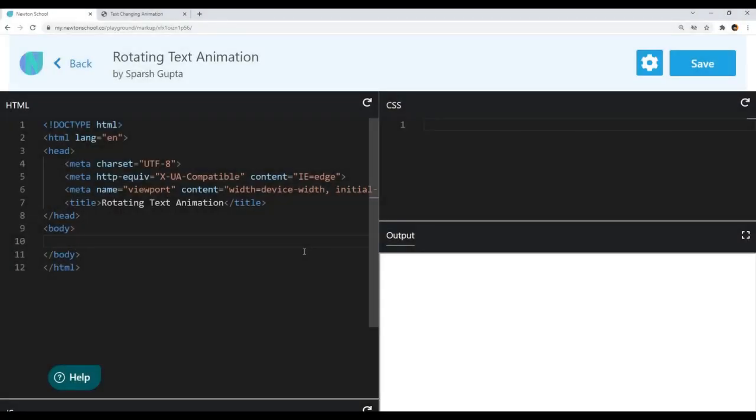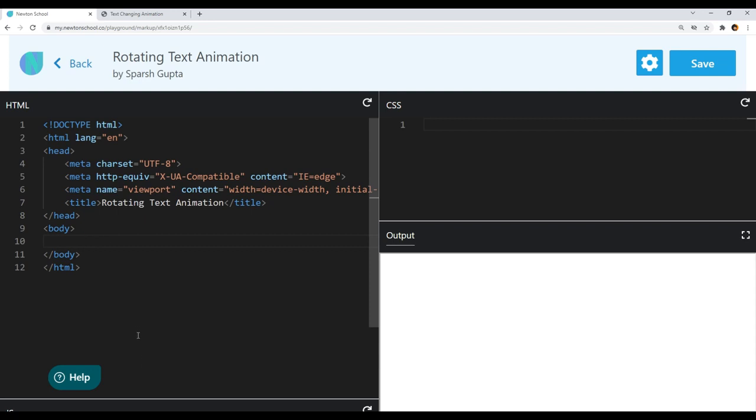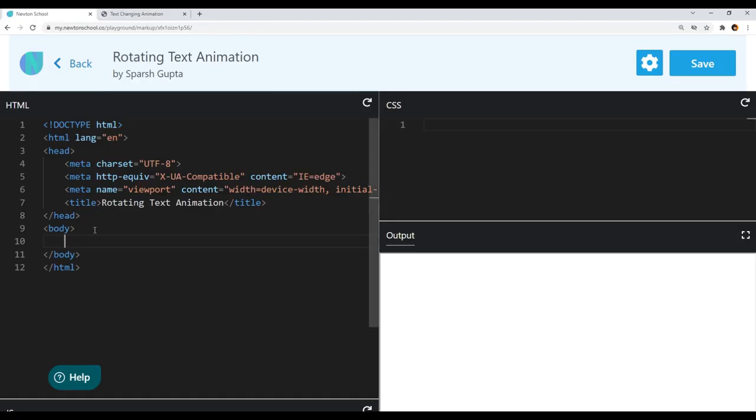Let's start creating the rotating text animation. So you can see I have opened the output here. So let's see how to write the markup for this awesome text changing animation. So I will use h1 tag for this text. So I will write h1 here and I will give it a class of changing text,